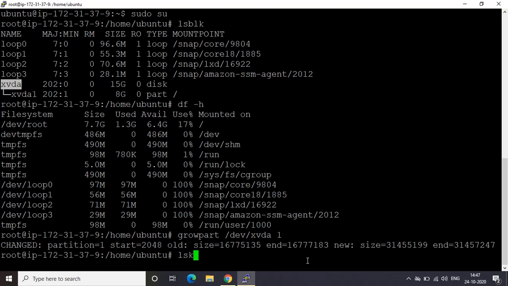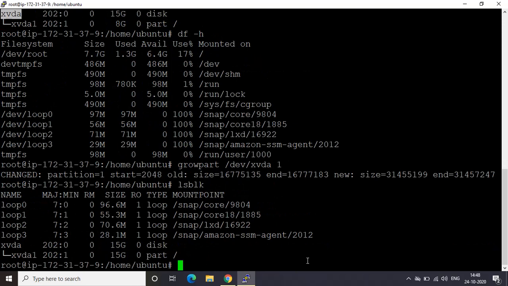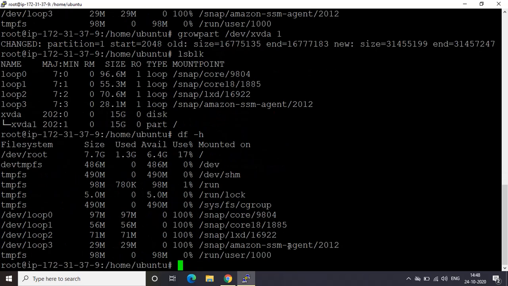Now we will type lsblk and see. Now it shows here, but in df -h it is still not part of our file system.